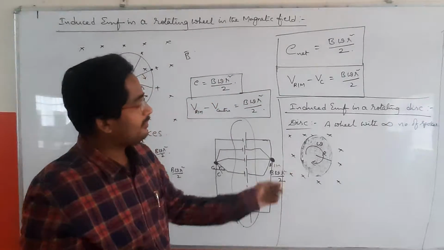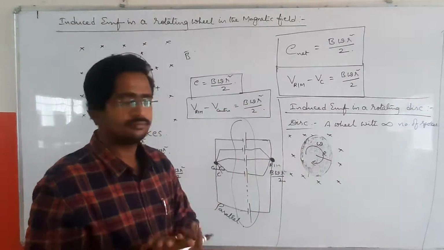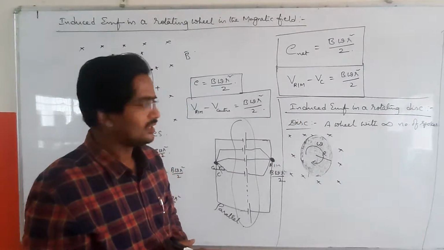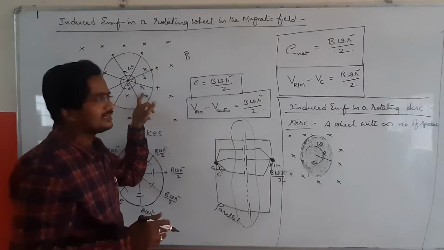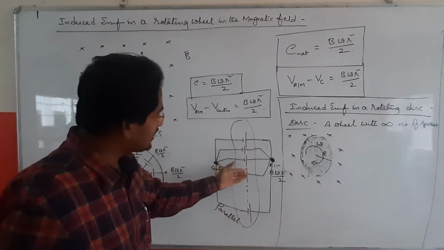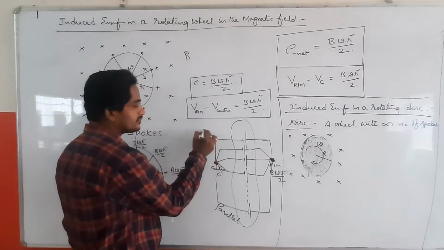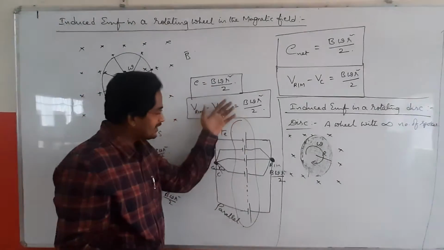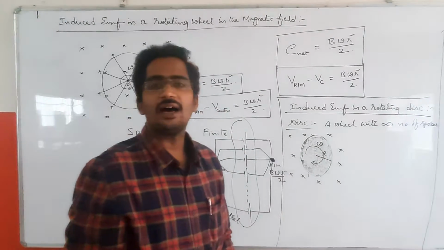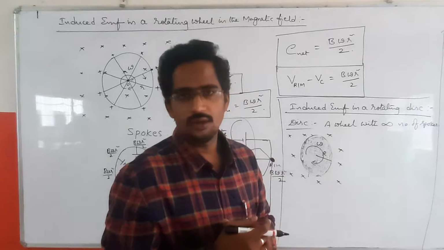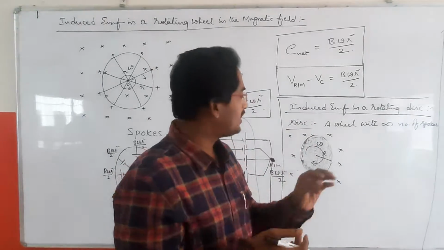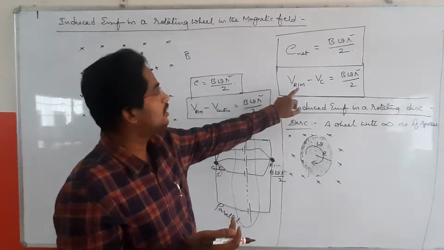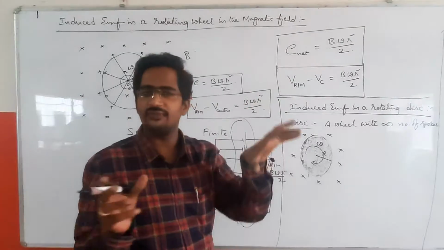Then what is the induced EMF across its center and the rim? Same answer as this only. Because if you consider a wheel, there are a finite number of cells here. But here the same kind of cells, there are infinite number, all in parallel again. By that, the induced EMF across the center and the rim of the disc is equivalent to the same answer you obtained for the wheel.